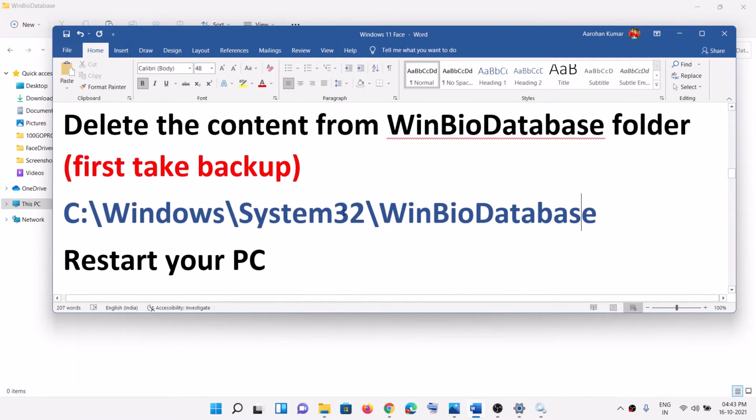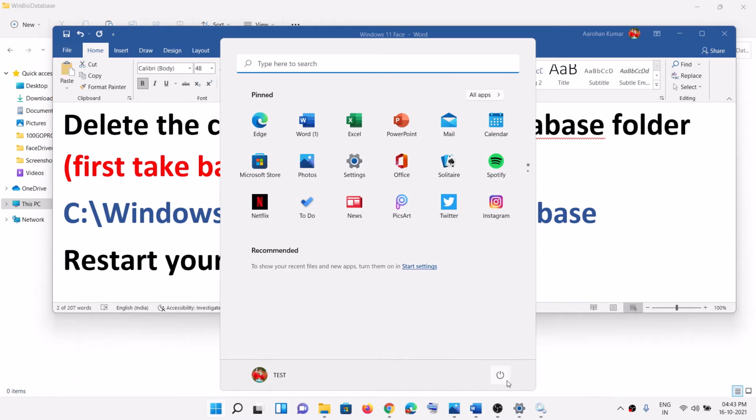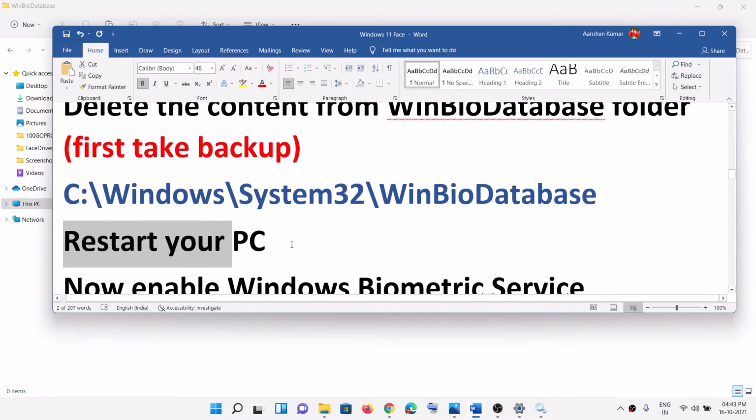After you delete the content from WinBioDatabase, go ahead and restart your computer. Go to the start menu, click on the power icon, then click on restart. After the system restarts, that should go ahead and fix the problem. But if you're still facing the problem,